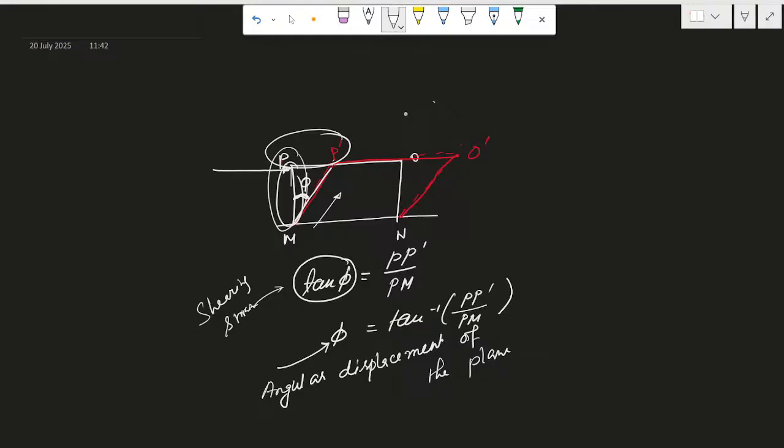Everyone must reply. This PM displaces to MP dash, and ON displaces to NO dash. Correct? So that angle, the sidewise angle phi, that is the shear strain, you can say. So shear strain, shearing strain, has a definition: angular displacement